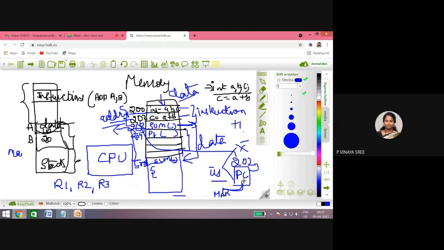The program counter is a special register. Special registers are used for supporting the processor to execute the program flow smoothly. Once the processor has executed, whatever address is in the program counter will be shifted to the address register, and from that it will be executing. I will explain all this. So for the next instruction, it should not keep 204 as the address, it should keep 500, so that after completion of this it goes to this.